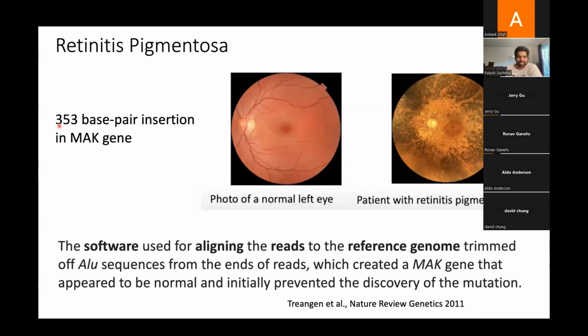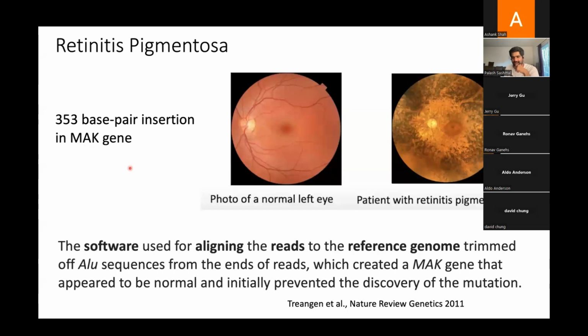And it happens in this MAC gene. The MAC gene is much longer than 353 base pairs. I don't know the exact length of it in humans, but it's very long. Okay. And the interesting story about this is that when the researchers were trying to find this kind of variation